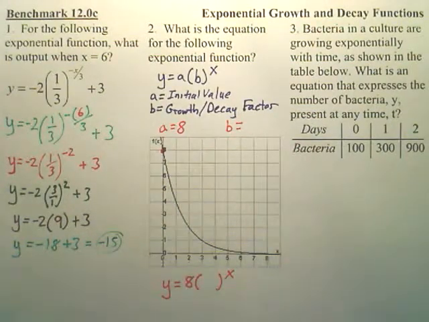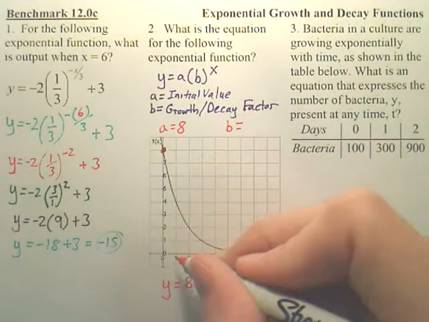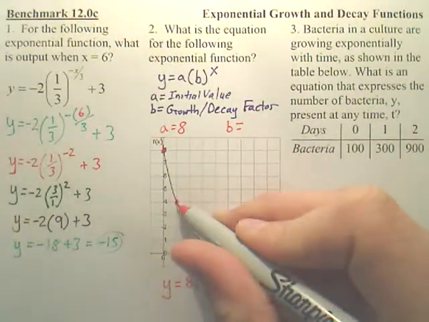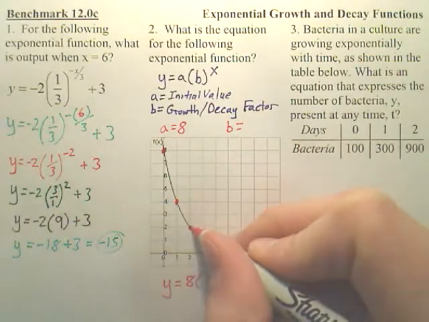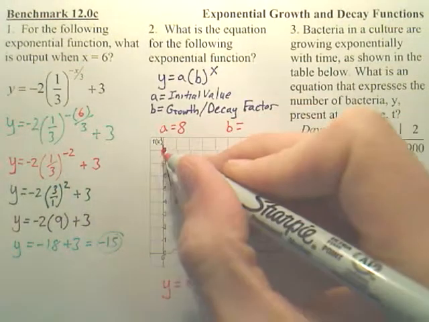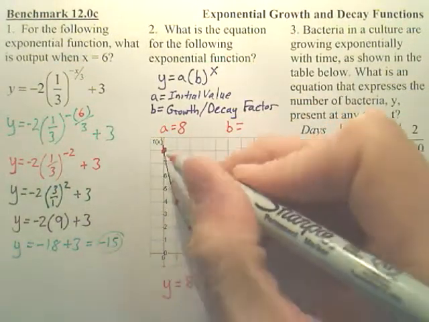Now we just got to find B. How do you find B? Well, you have to look at your graph and think, how much does it decrease every time? So at 1, you're now at 4. At 2, you're at 2. At 3, you're at 1. So from this point to this point,